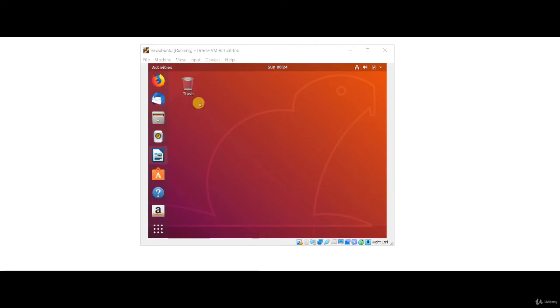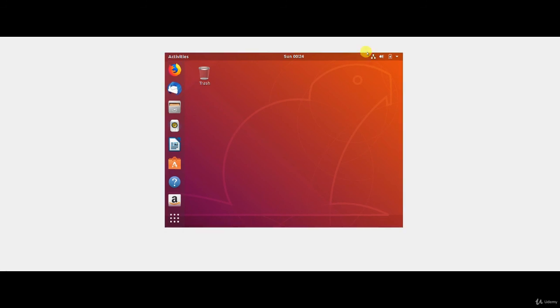Yep guys, so here you can see that between trying Ubuntu and installing Ubuntu, the look has changed. There are so many things you can see. It's quite a different look, but when I try to maximize it, it's not maximizing, right? So in the next session I will show you how to do this, how to install Guest Additions, and we will look into that in the next session.